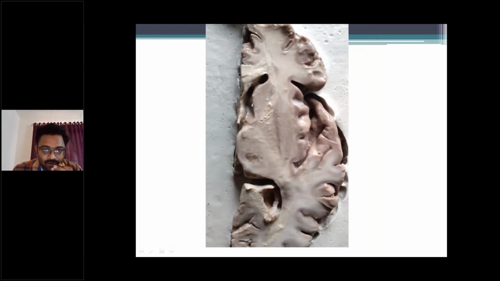This is the anterior horn of the lateral ventricle, laterally related to the head of caudate nucleus, right? So anterior limb, genu, posterior limb, lentiform nucleus. Medial to the anterior limb is the head of caudate nucleus. Medial to the posterior limb, this mass of gray matter is called thalamus. This is the thalamus, this is the lentiform nucleus, and this is the head of caudate nucleus, right?